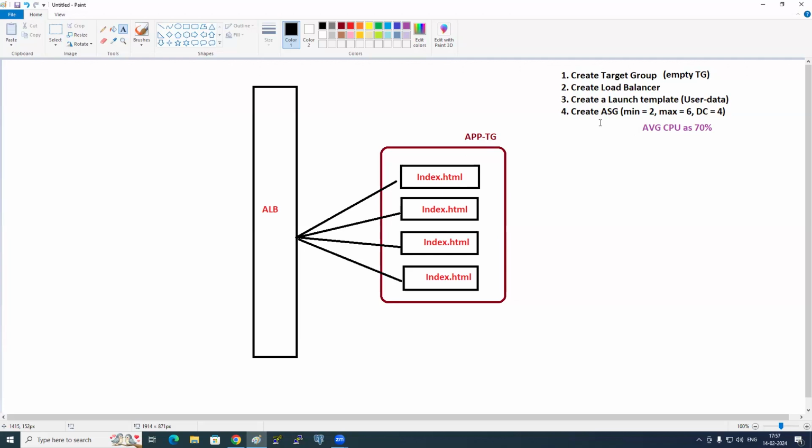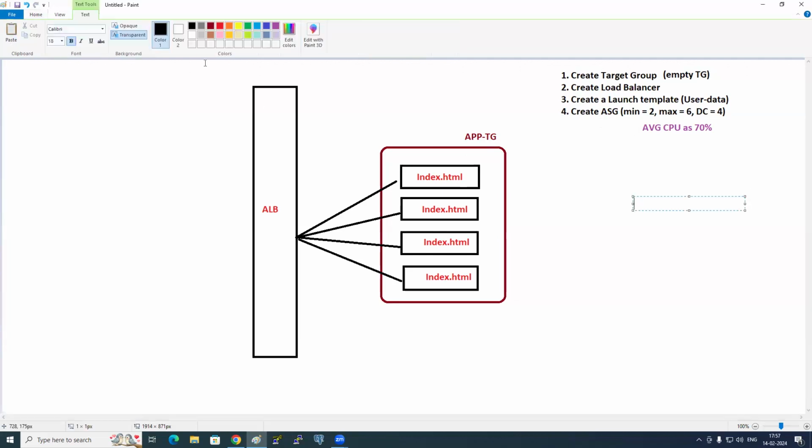So additionally, I want to introduce one more service. Auto scaling has scale out and scale in. If you want to get a notification whenever it launches a new machine, or whenever it terminates an EC2 instance, what is the service that you can use? SNS, no? What is SNS? Simple Notification Service. So we'll integrate SNS here.